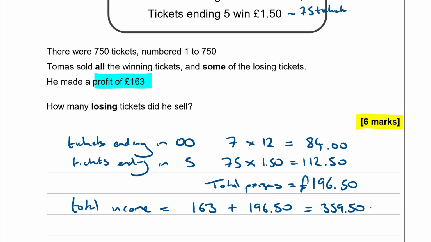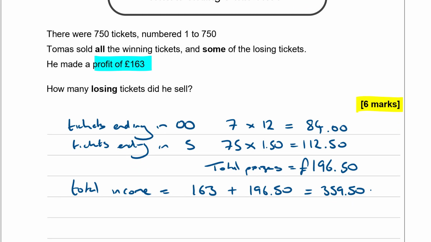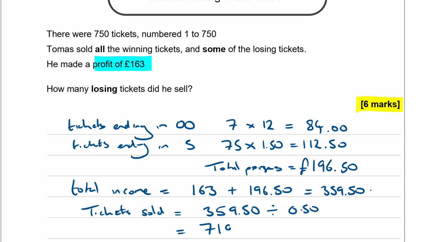Okay, so he was selling the tickets at 50p each. So then tickets sold is going to be his total income, £359.50, divided by the cost of one ticket, which was 50p. So he must have sold 719